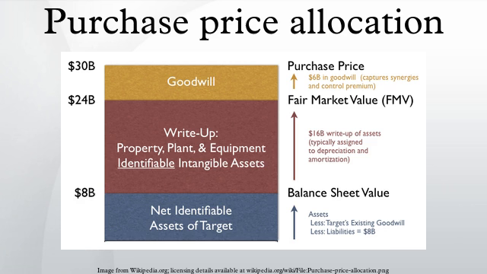Purchase price allocation is an application of goodwill accounting whereby one company, when purchasing a second company, allocates the purchase price into various assets and liabilities acquired from the transaction. In the United States, the process of conducting a PPA is typically conducted in accordance with the Financial Accounting Standards